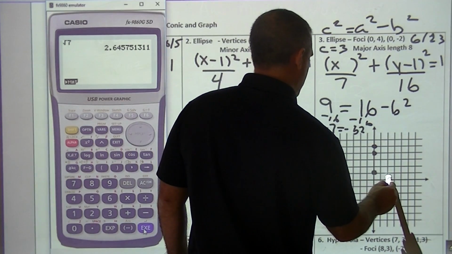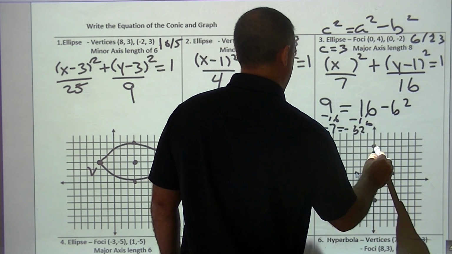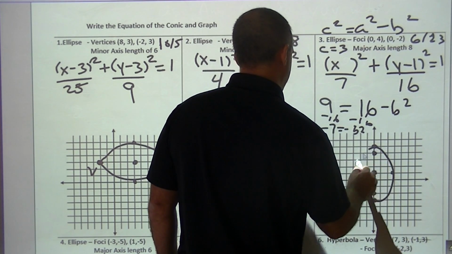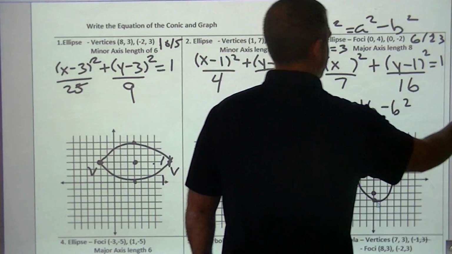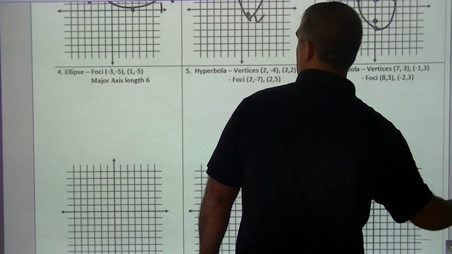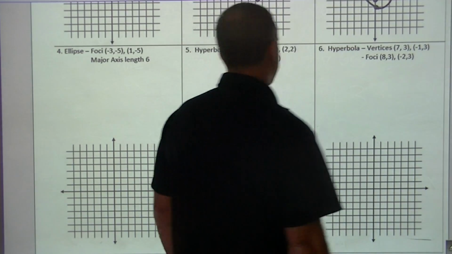So I'm going to go 1, 2, and a little bit. So what I got, the focuses are inside for the ellipse, and that's what I have. All right? So that formula comes back into play. Still working with ellipse. We got one more. I'm going to do another one of those examples, and we're going to move on to